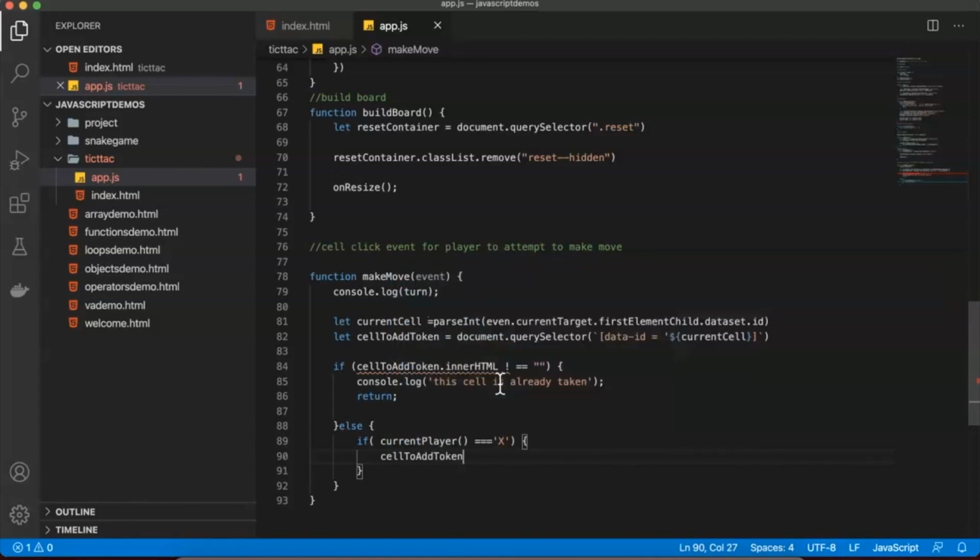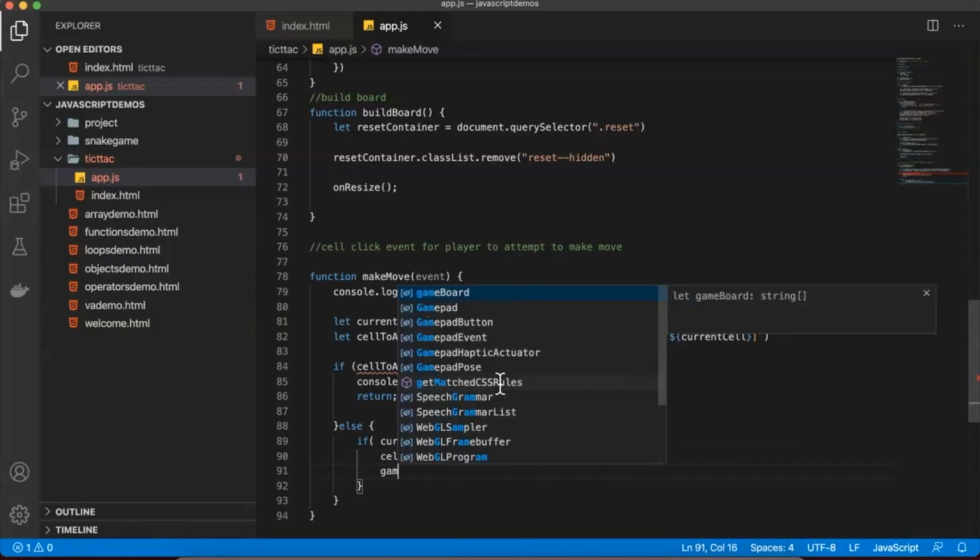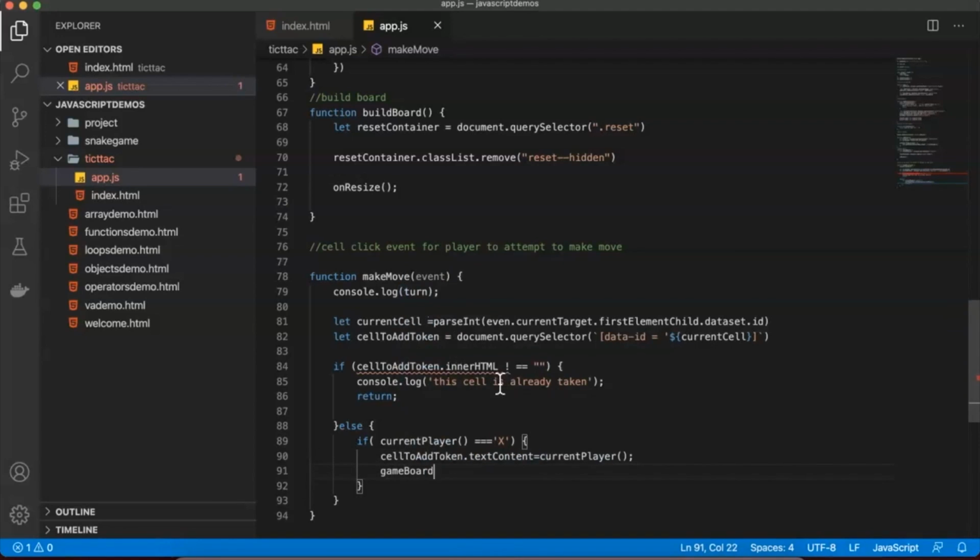So we are saying cellToAddToken.textContent equal to currentPlayer, and we say gameBoard, the one which you have created, pass in this gameBoard this value called currentCell, and this currentCell value will be equal to x. Else